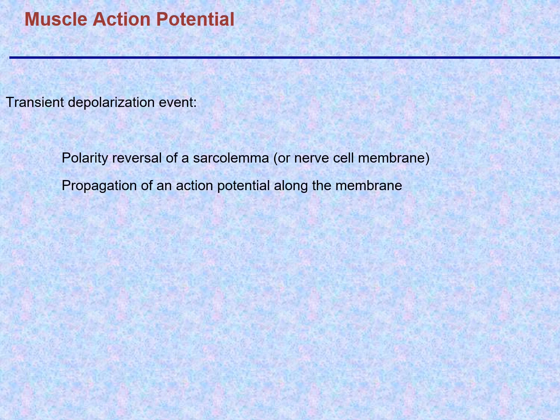So now you have a depolarizing event happening at the motor end plate on the sarcolemma. You get a reversal, and if, as I said, it's strong enough, then you'll get an action potential. The depolarizing effect will spread away along the sarcolemma membrane of the skeletal muscle fiber, away from that area. If it's large enough, you'll get a triggering of an action potential that spreads away from that area